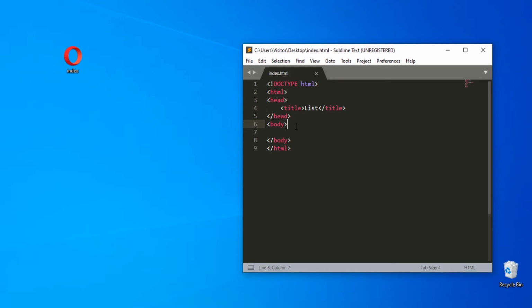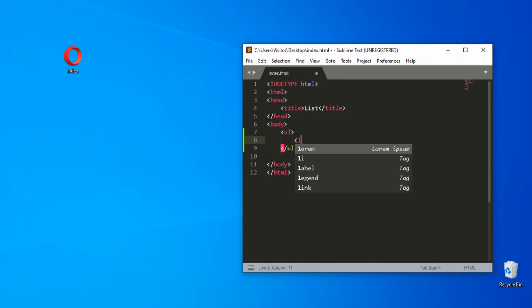Unordered list starts with the UL tag, and each list item starts with the LI tag. So the unordered list tag starts with UL, and each item starts with the LI tag. So close this tag and open a new item, for example